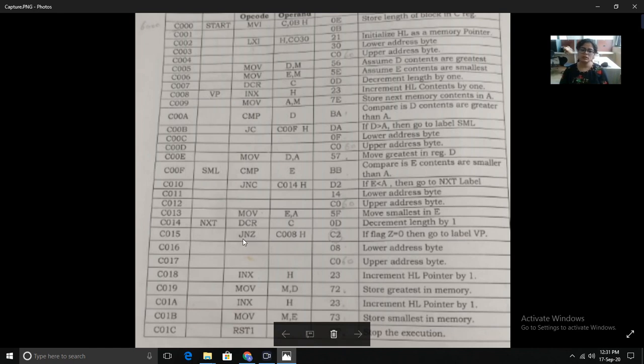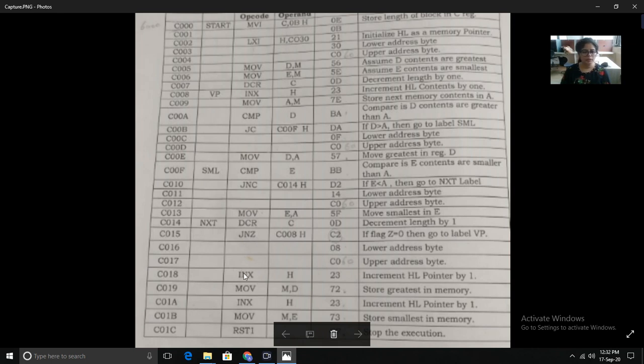So what is the label address of the VP instruction? That is 6008. So C2 is the hex code of the JNZ instruction, 08 is the lower address byte, and 60 is the upper address byte.